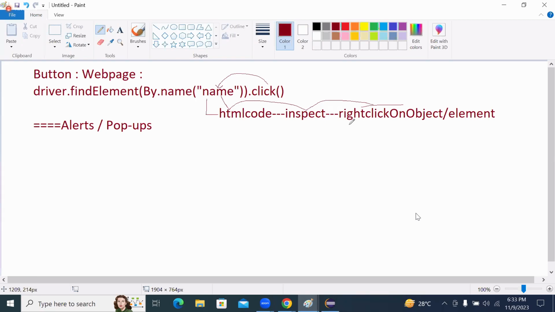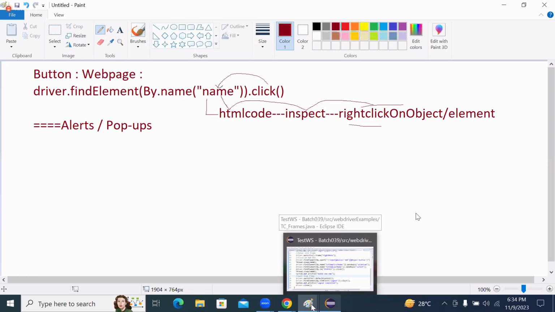What is the first statement? You have to right click on the object or element. That is what we need to do. Let's see that. For that, we need to try the same thing. Let me try